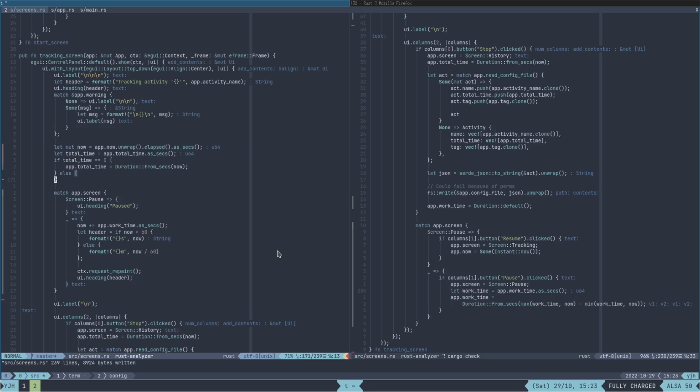So I got the amount of time that has passed. So I need the elapsed time. But the thing is, the elapsed time gets